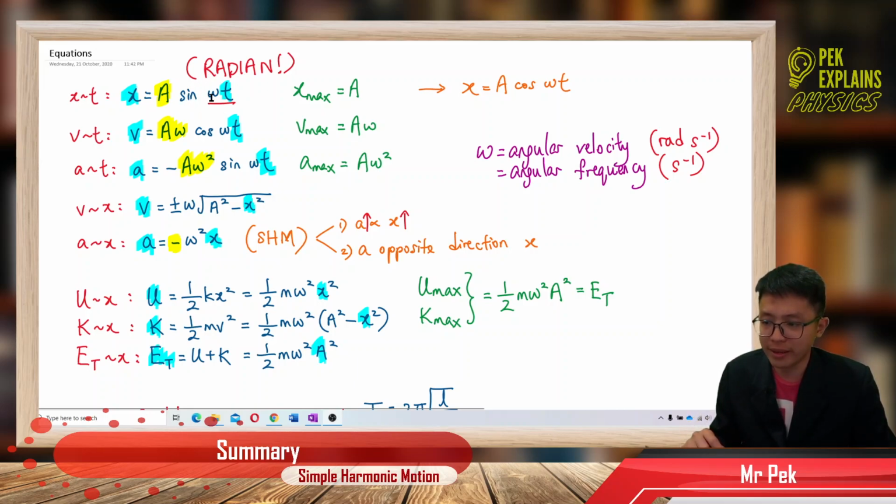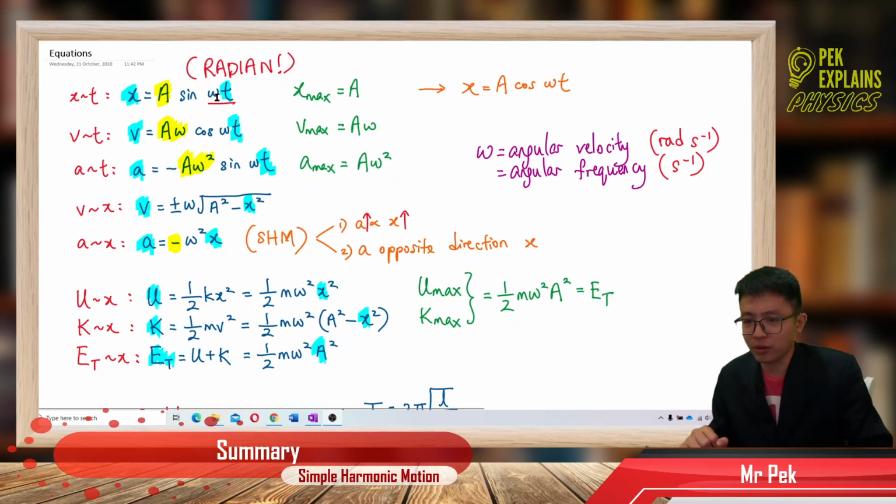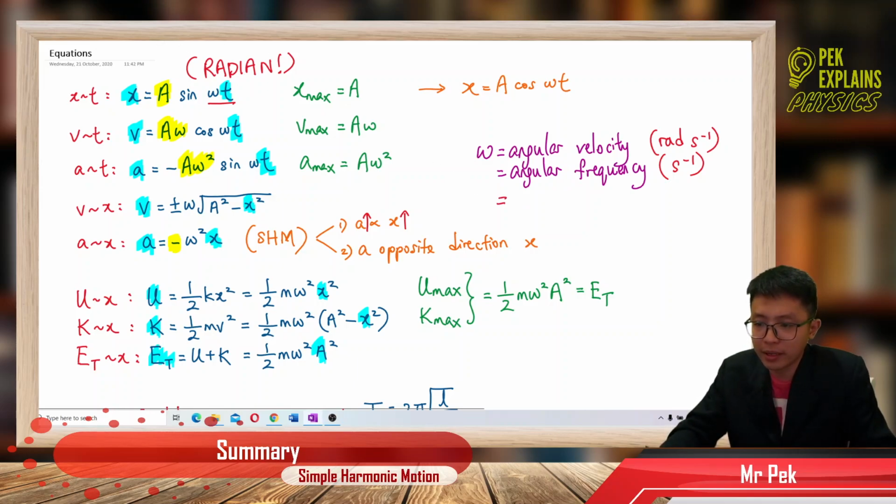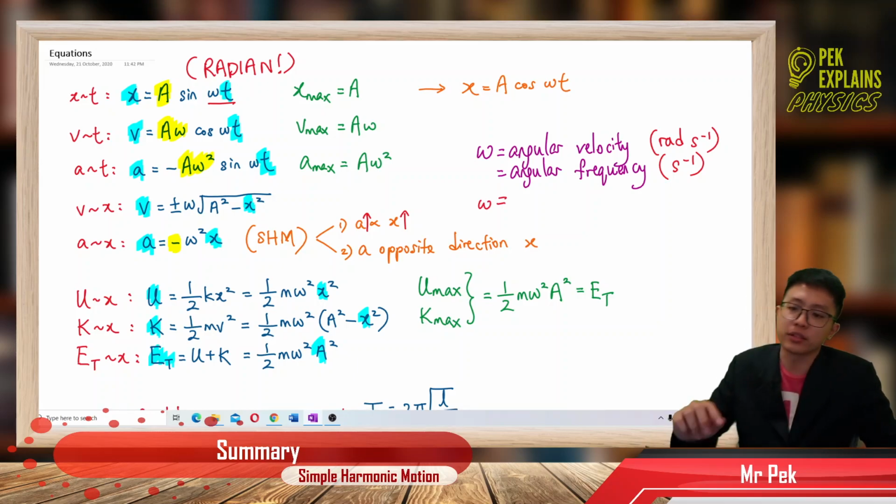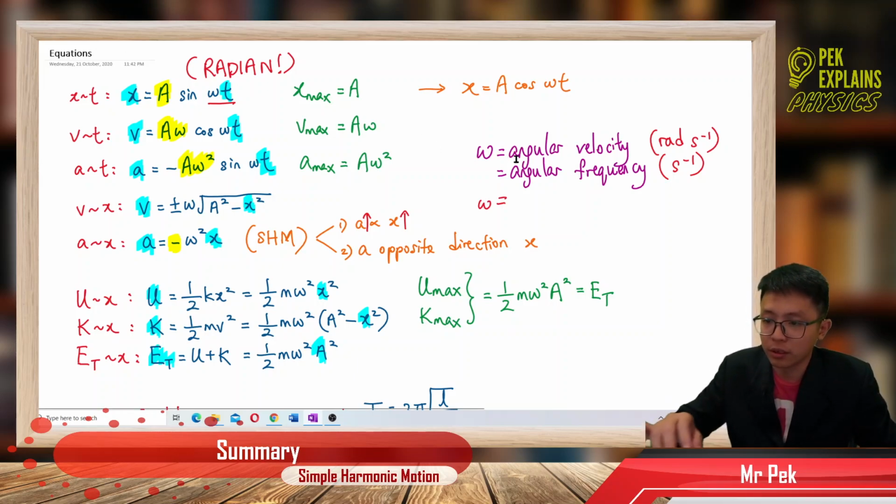we have this omega t. Omega is called angular velocity or angular frequency. When you talk about angular velocity or angular frequency, they are the same thing, referred to as omega. But normally for angular velocity we use radian per second, and for angular frequency we just use per second,